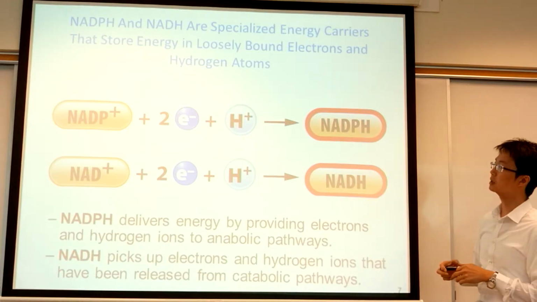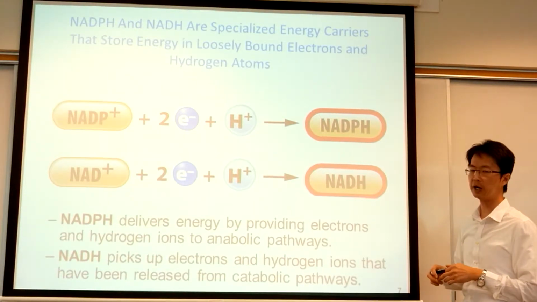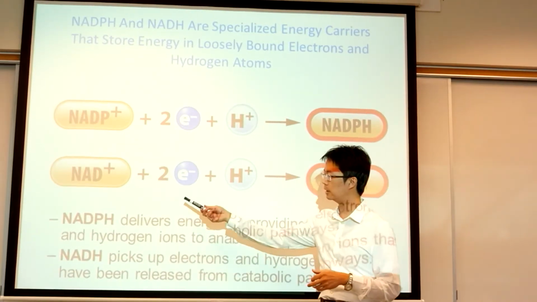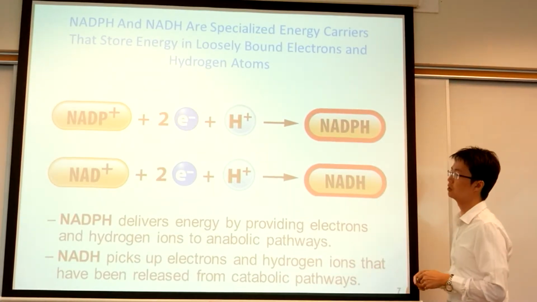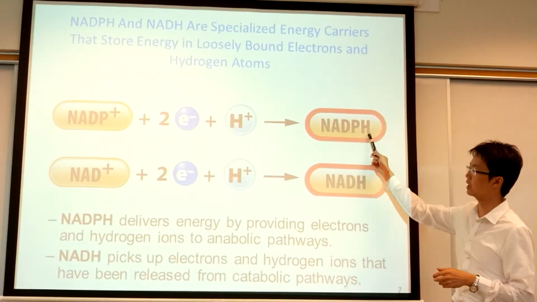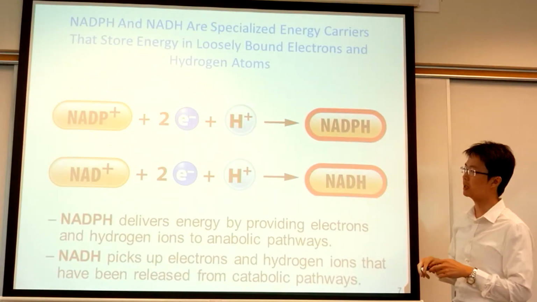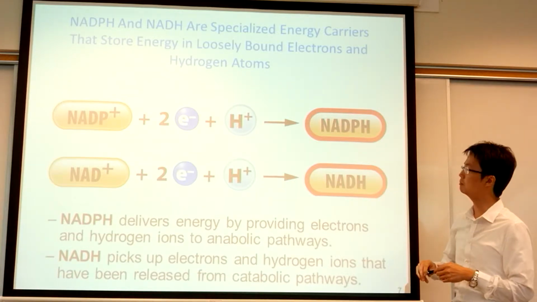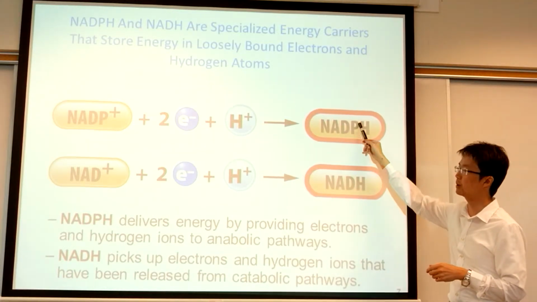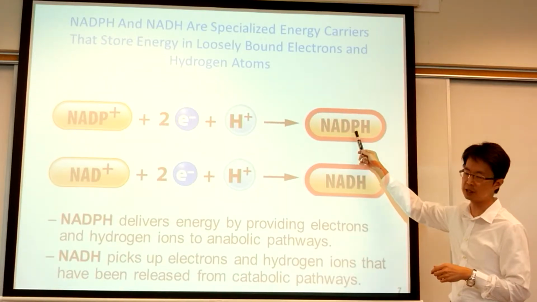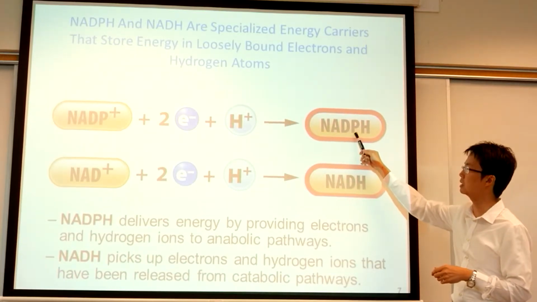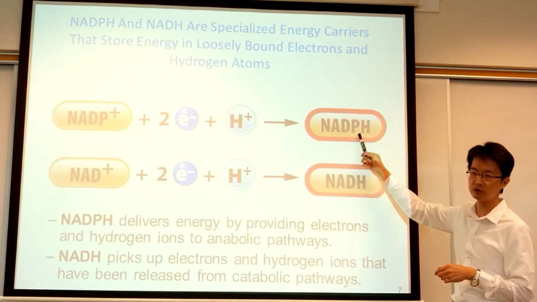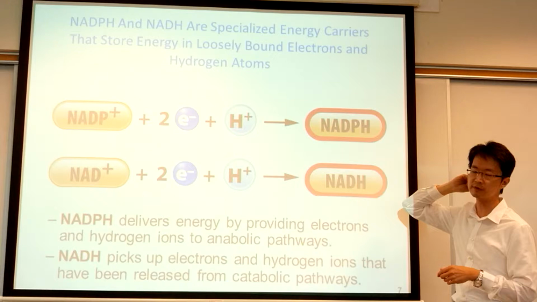Okay, remember in cellular respiration, the high energy electron carrier is called NADH or NAD. In plants, we use NADPH or NADP. So one simple way to memorize is that plant, they have a P here. So P goes with P, plant goes with the P in here. So NADPH is the one that plants use during photosynthesis.